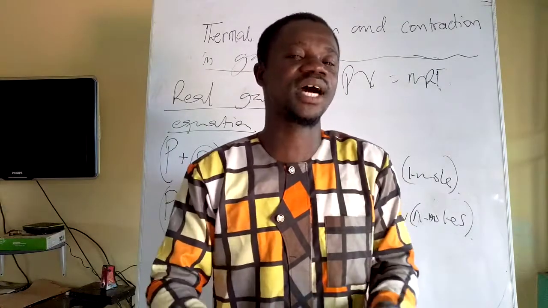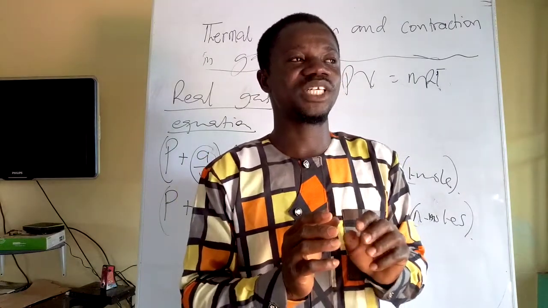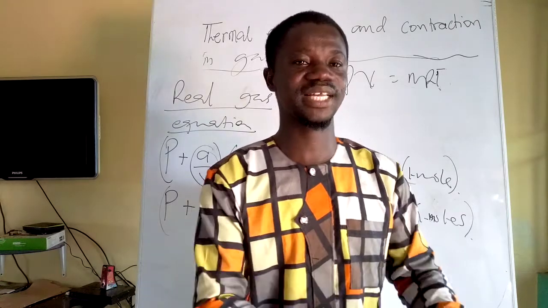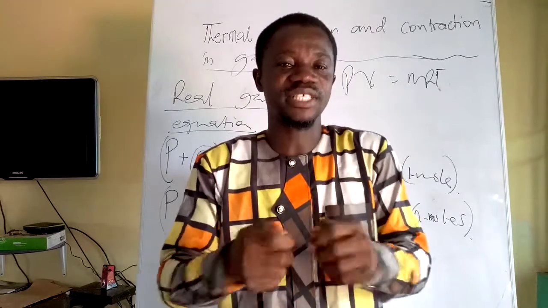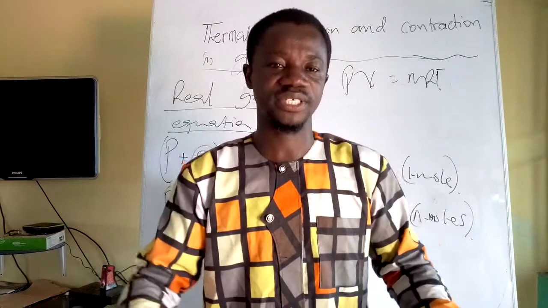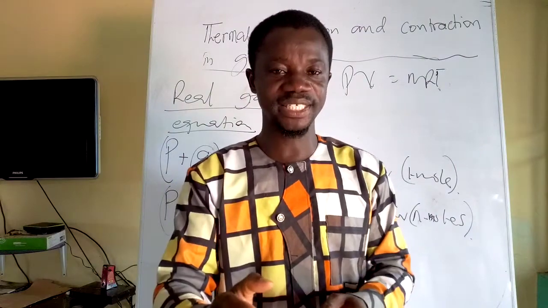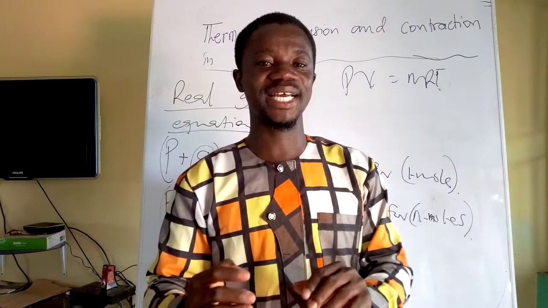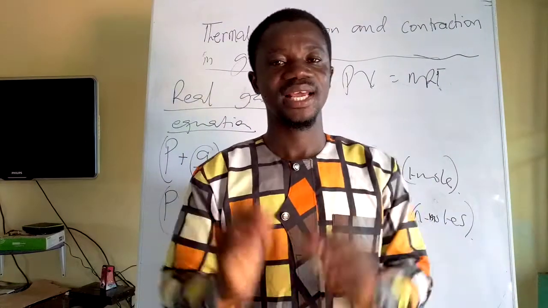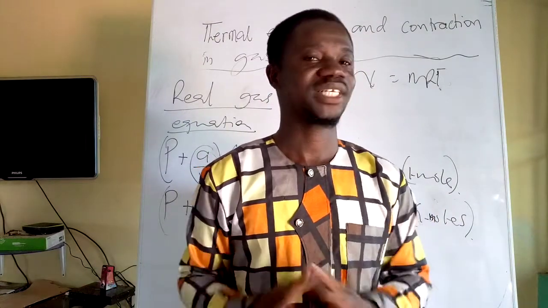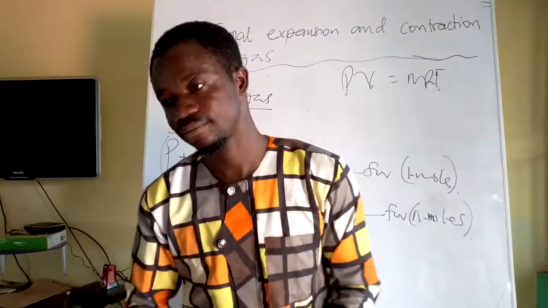Because we said that for the ideal gas, the only energy of the gas is kinetic. You understand that? The only energy of the gas is kinetic. So when temperature increases, the intermolecular force of attraction between the molecules decreases. So you get to a point where the intermolecular force becomes zero. The potential energy becomes zero. The kinetic energy becomes very high, and the gas then behaves like ideal gas. Then at very low pressure,